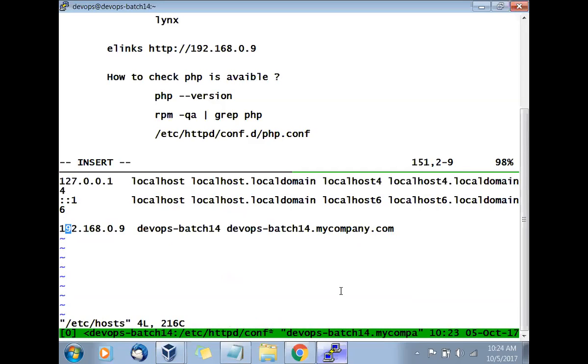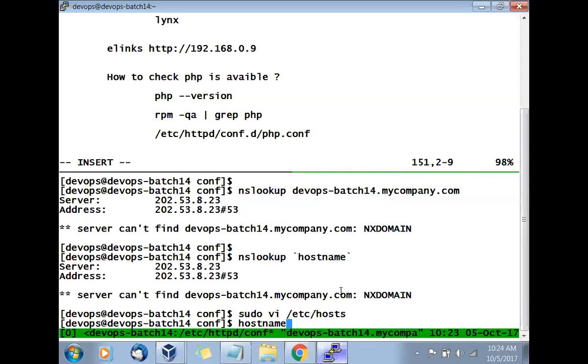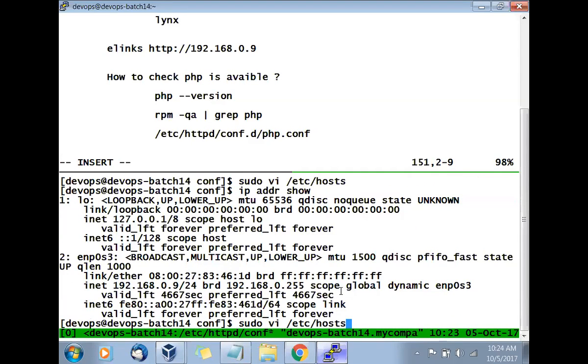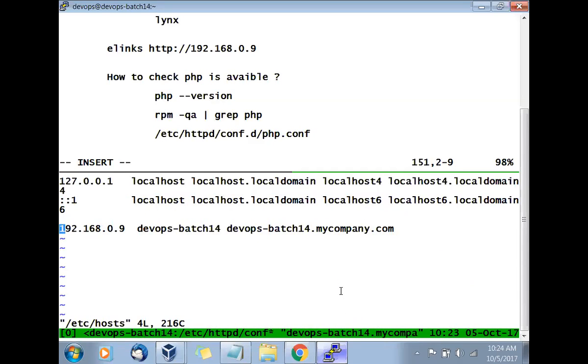Now here it has the name devopsbatch14. What is our IP? 9. I'm not sure, same IP, right? Yes, 9. Okay. Hey, where is my file? Now what happened? It is trying to search the name of the host.